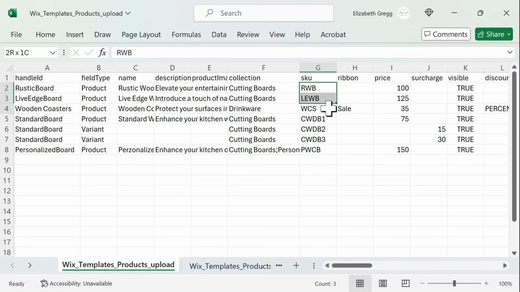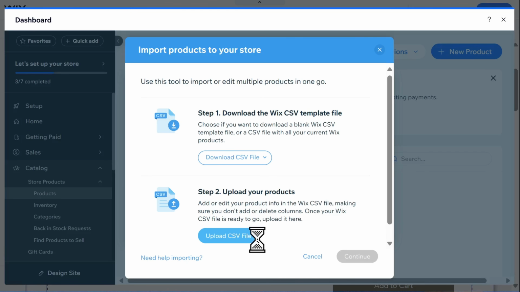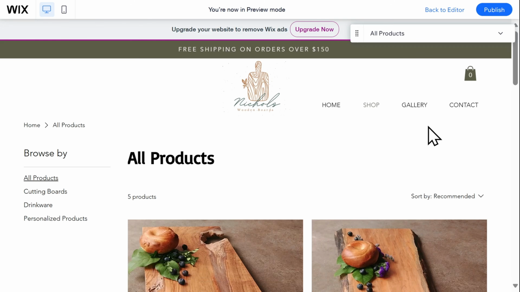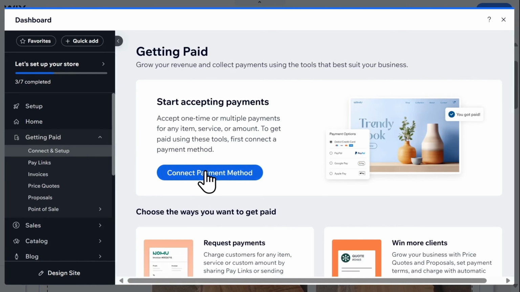Do you have products, either physical or digital, that you want to sell online but don't know where or how to get started? Then this tutorial is for you. I'm Elizabeth, and today we will walk through how to create an e-commerce website on Wix. From choosing a design to uploading your products and accepting payments, you'll be able to launch your business using Wix